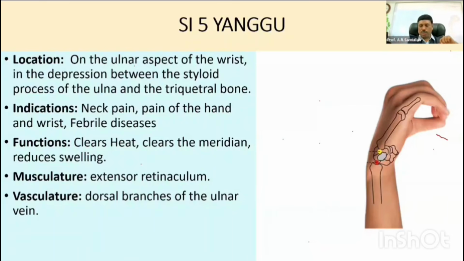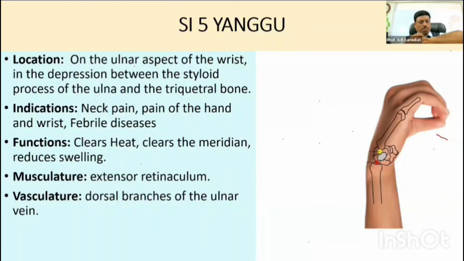How many total wrist bones are existing? 8 bones are existing. Where is the H7 point located? Very good. So where is the Taiyuan? LU9 point is located on the scaphoid bone. Where is the SI4 point located? Hamate bone. Where is the SI5 point located? On the triquetral bone. But all are not necessary, but still you wanted to keep it in mind, that will be really good. You know location, that's quite enough. But still you wanted to know, please learn.